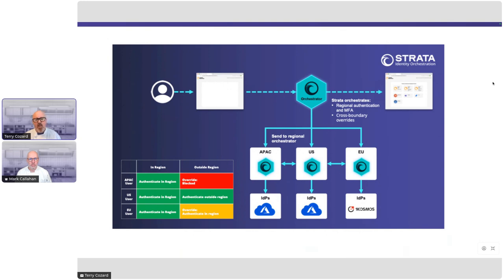They can see everything that they want. However, because of the different laws, rules, and regulations in the Asia Pacific region, the users that are natively working in China will be traveling into the US, accessing the same application, but they're going to use their own tenant of Azure to authenticate. And then when they get to the application, they'll only have access to some of the information that's available in the application, just because we can contextually understand those things and make a common policy that's driven based on